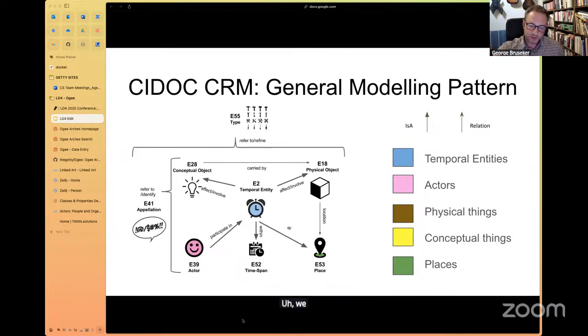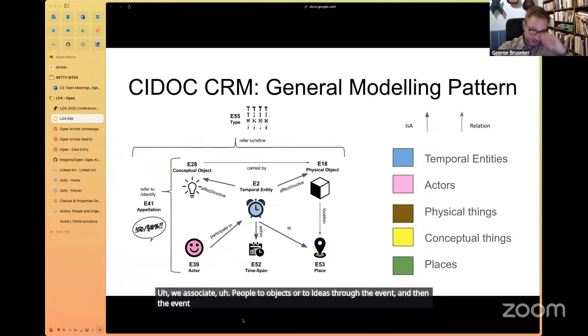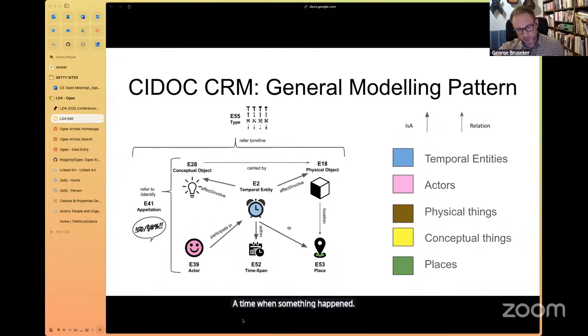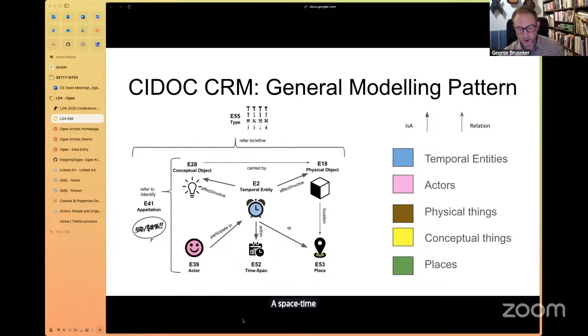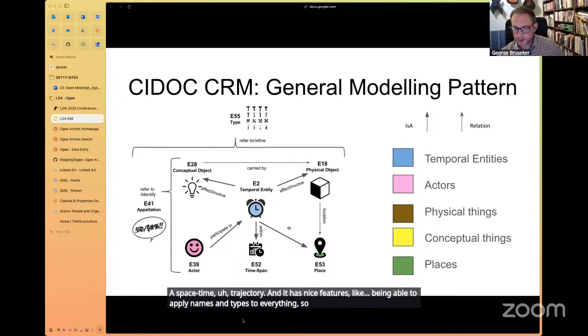We associate people to objects or to ideas through the event, and then the event specifies a time when something happened and the place where something happened. So that means we can build up interesting histories of objects and ideas and people as they move through a space-time trajectory. And it has nice features like being able to apply names and types to everything. So it's very flexible, and at a high level, it's pretty easy to digest.